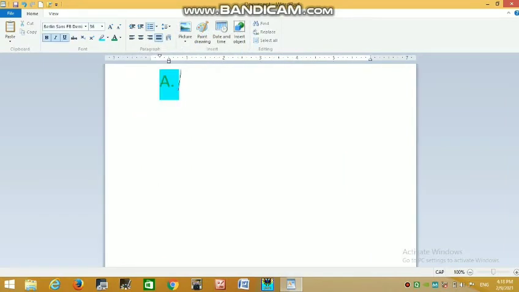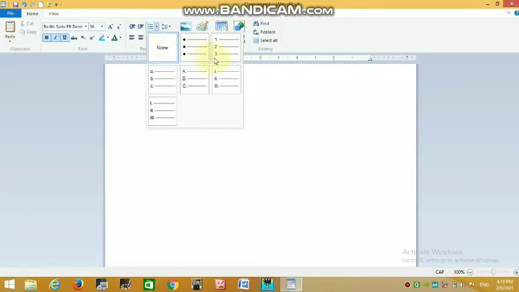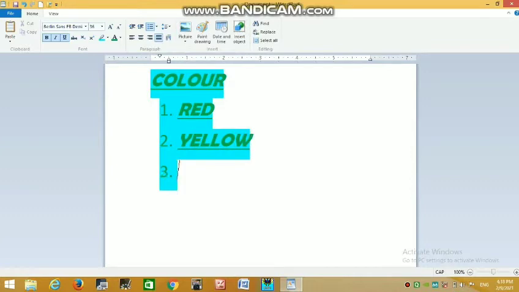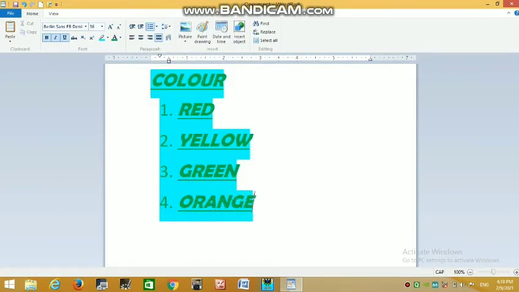For example, first of all, colors. I choose here 1 red. When you press the enter key you can see it automatically displays number 2, then 3 green, orange. This way you can make a list in the WordPad program.